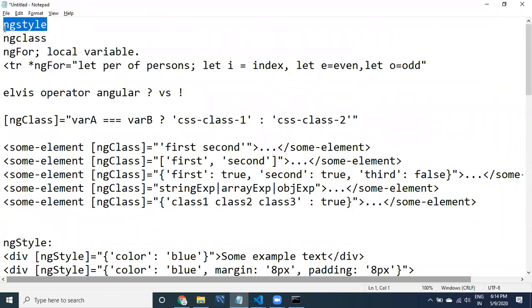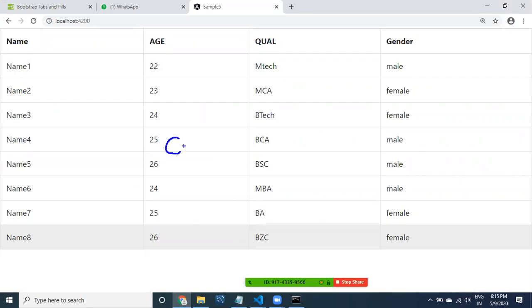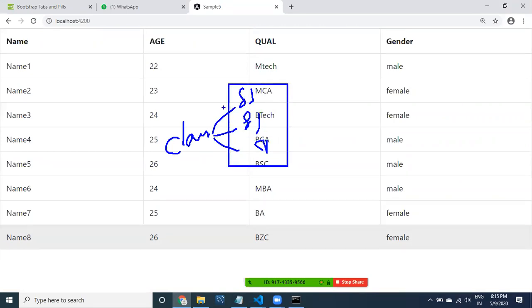What is meant by style? Say I want to apply style for a TR. A class is a group of styles: style 1, style 2, style 3. You can apply multiple styles into a class, and you can apply this class to your HTML element.